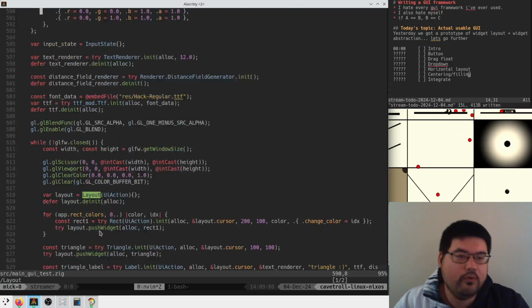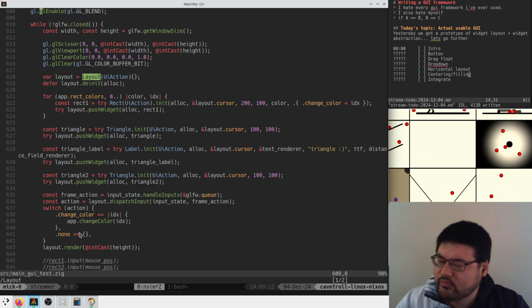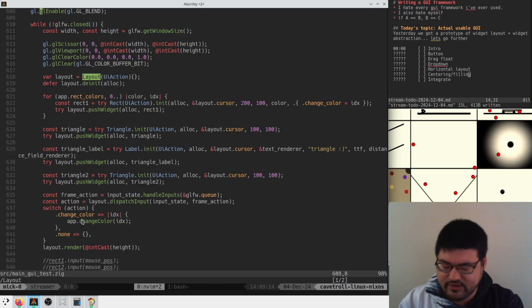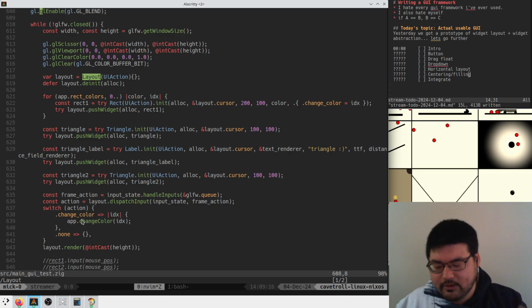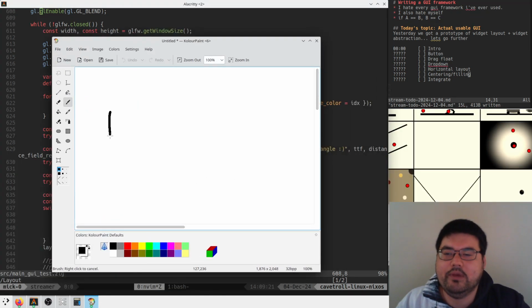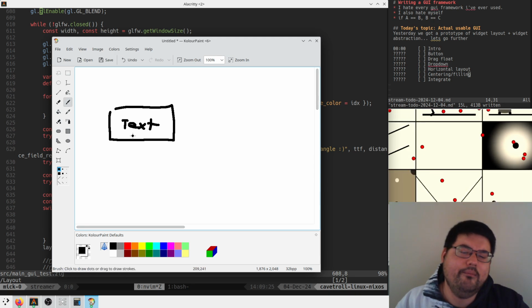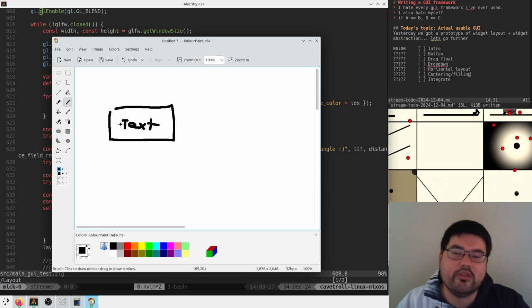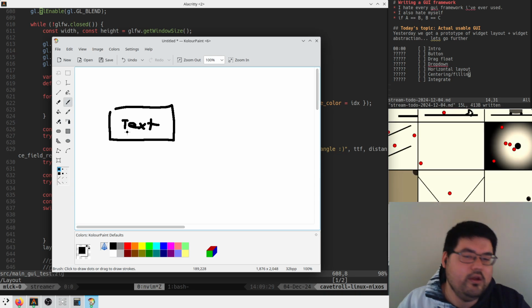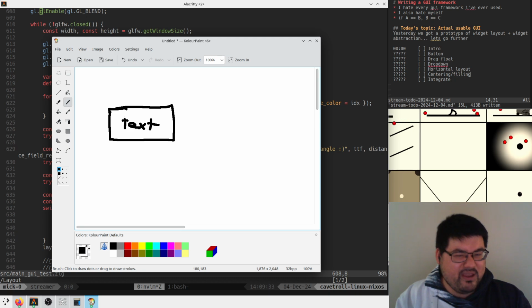So that's where we got to yesterday. It's looking somewhat reasonable. I think we're going to have to do a little bit of work on the layout stuff, and I'm a little bit worried about composition of objects in this flow. If we want to make a button, and in the button we have text, with the current flow where we say render your thing in the world of -1 to 1, we cannot make this button out of a text in a rectangle,